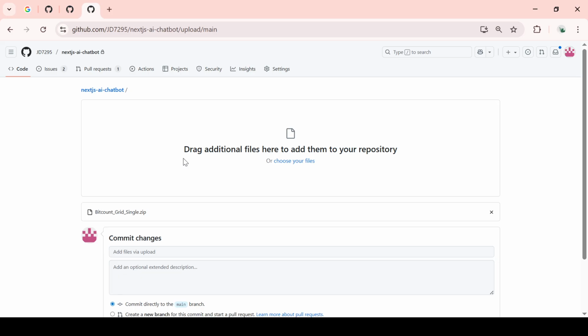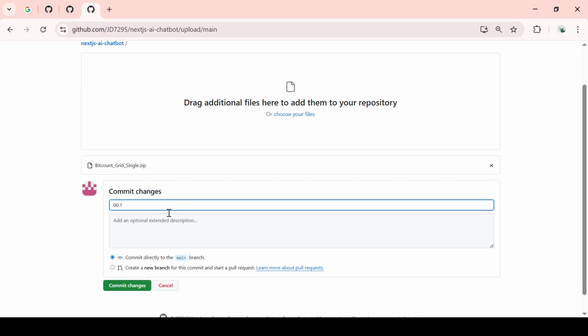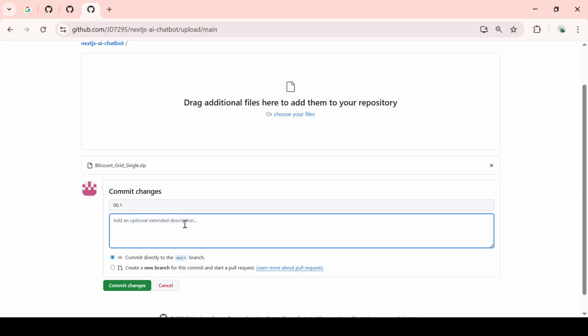Patience is key here, as the upload time will depend on the size of your file and your internet speed. Once the upload is complete, it's important to provide a succinct commit message. This is essentially a brief note that describes what you've just done. For example, you could write something like, Add project zip file. This step is crucial because it keeps your repository organized and allows others, or even future you, to easily understand